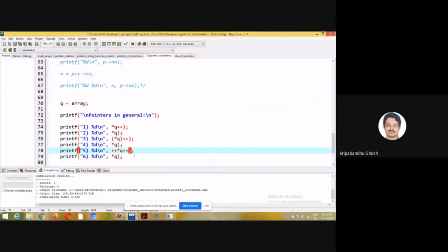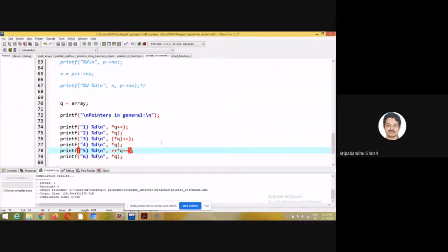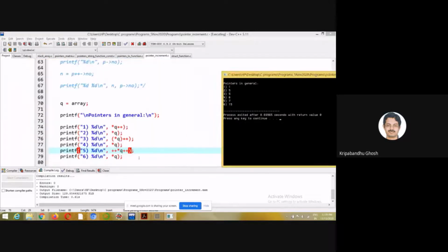If I do this plus plus, then I suppose it will move on to the next position. Yes, it has moved on to the next position. So what I am doing here, it is moving from left to right. So plus plus is done.